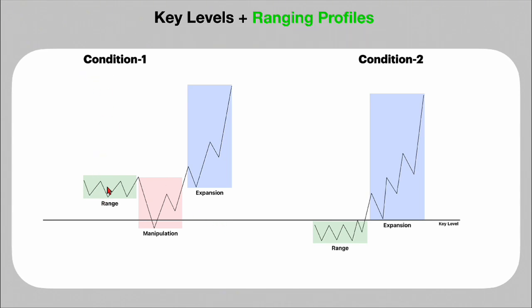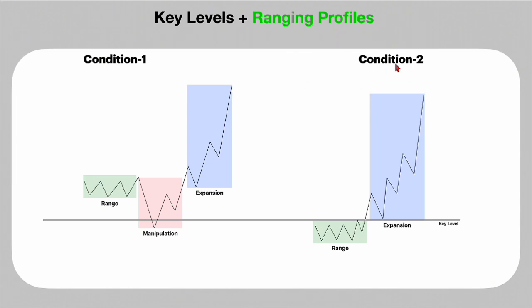The first scenario is when price forms a range, but that range ends without testing any key level. The key level could be an order block, a breaker block, or even a high or low. When this happens, we expect a manipulation profile to form. This manipulation profile will be responsible for testing that key level. Once it does, we'll wait for the manipulation to end, and afterward, we'll anticipate an expansion profile in the opposite